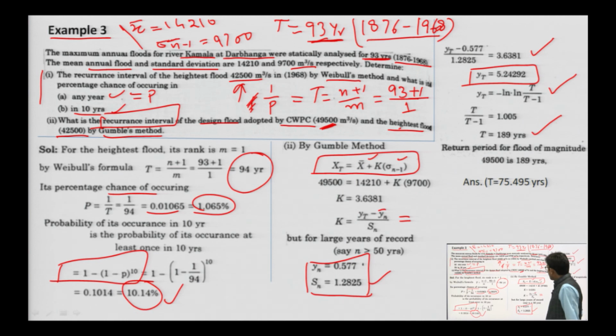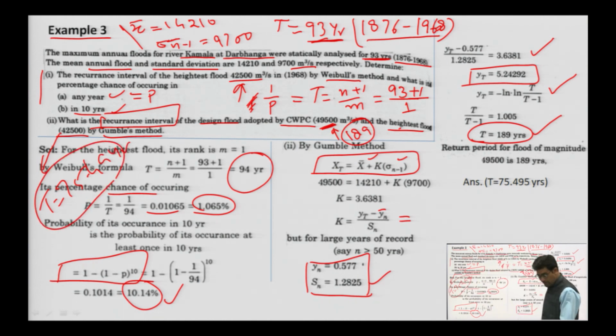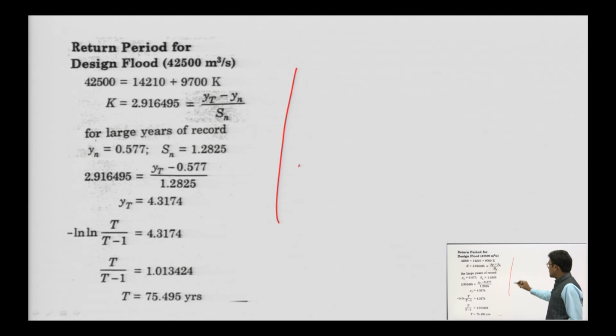This data, 4950, is for which year? For 189 years recurrence time. And this other data, after calculation you will find, is for a return period of 75.49 years. By the same procedure as shown here, you can do it. So, in the next class we will